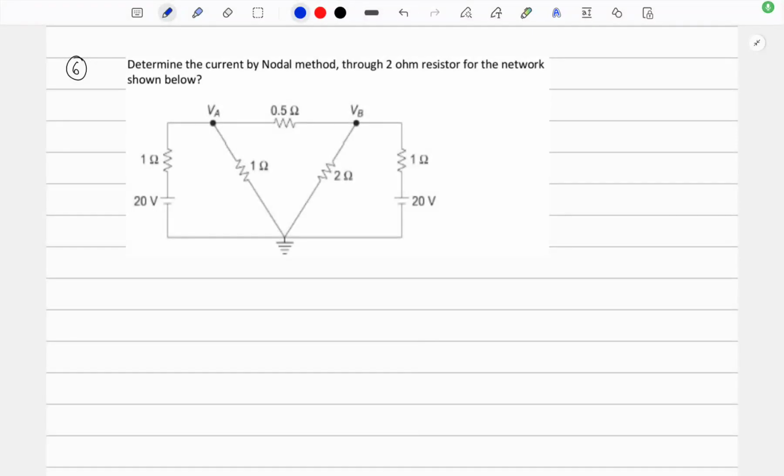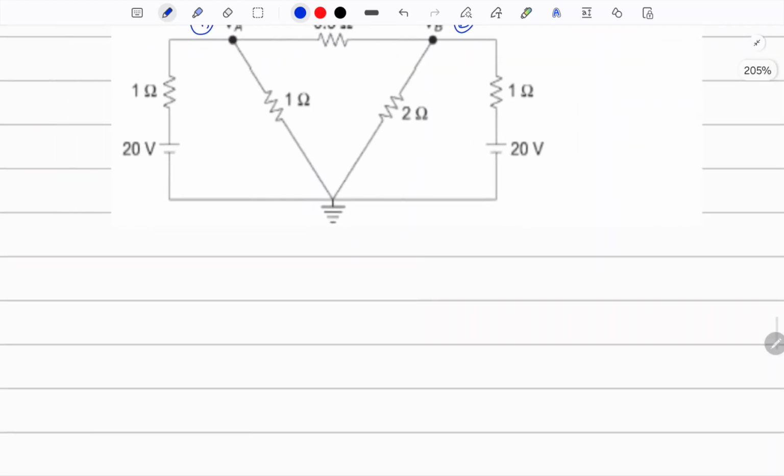Tutorial number 6 is nodal analysis. Determine the current by nodal analysis in the 2 ohm resistor. As given in the circuit, node A has voltage VA and node B has voltage VB. We directly apply KCL